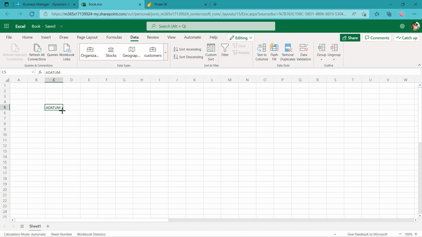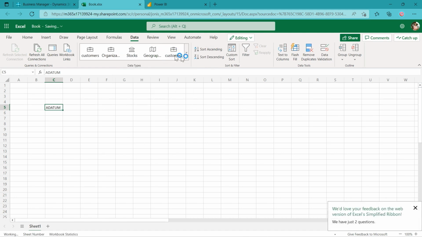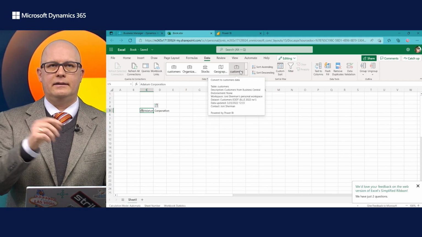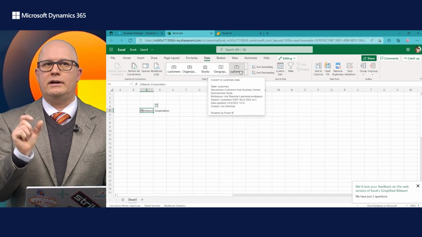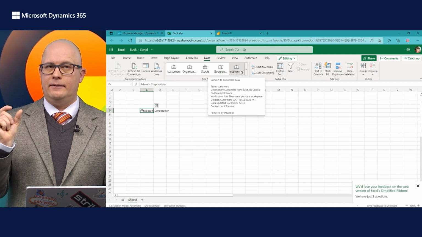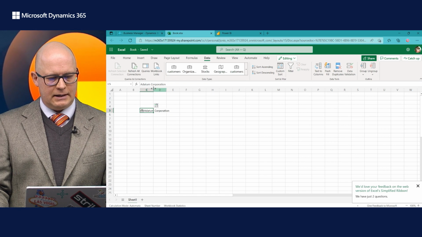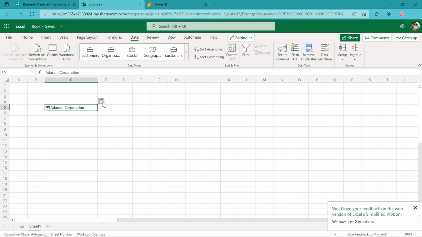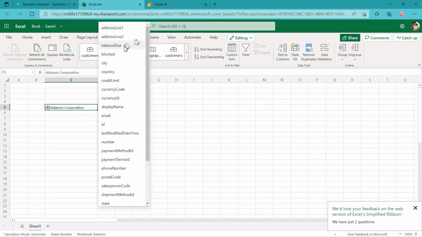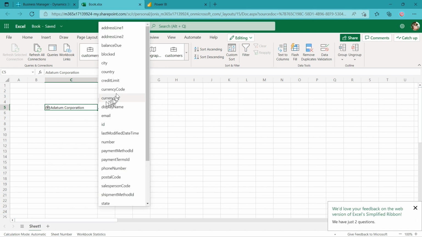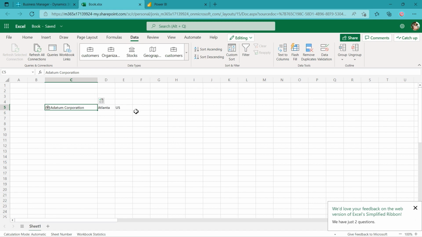If I type a name of a customer and select, this is a customer from Business Central, I'm telling Excel, this field is not a text. It is actually a customer from Business Central. And as you can see, Excel has added the full name of the customer, and I can select the other fields here, for instance, the city, country, and so on and so forth, and add more